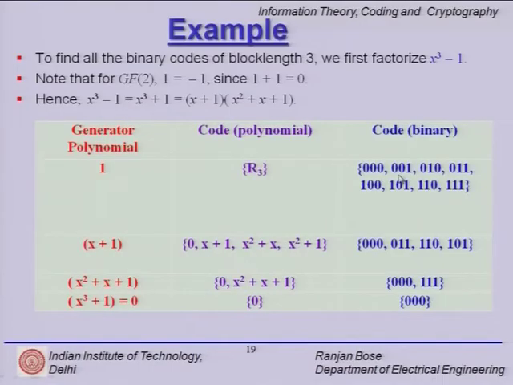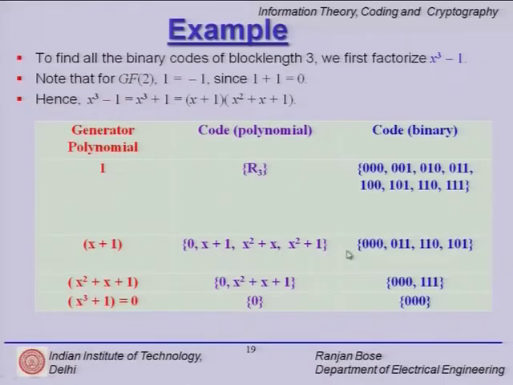Any cyclic shift is a valid code, but this is really a trivial example. It has no interesting properties. But then you look at factor x minus 1. This one leads to the code 0. So, one of the polynomials, if you look at x minus 1, it will give you